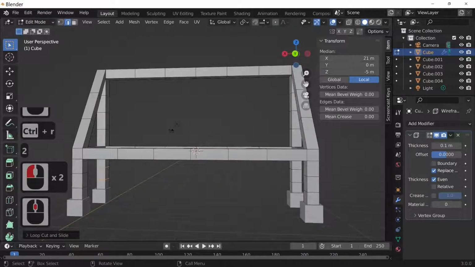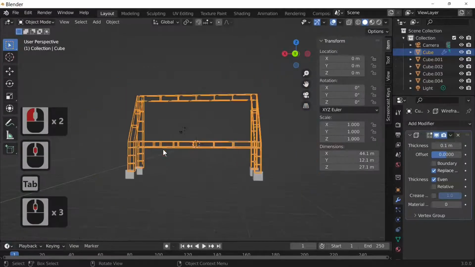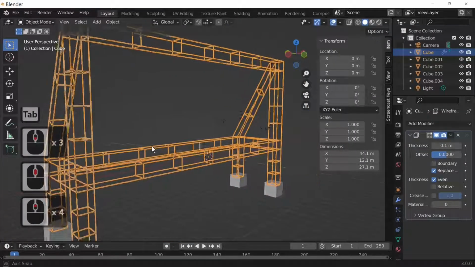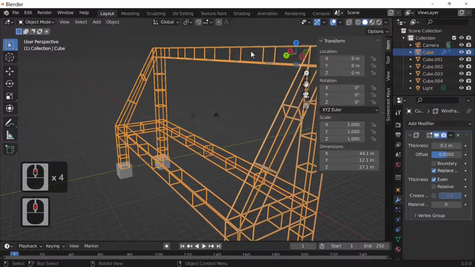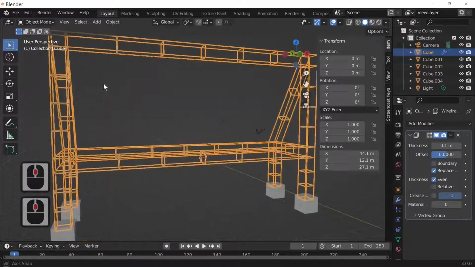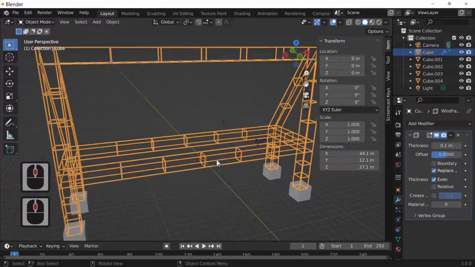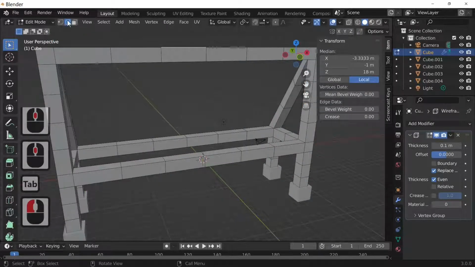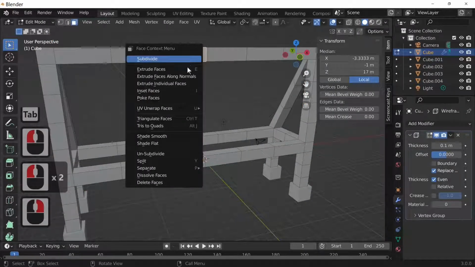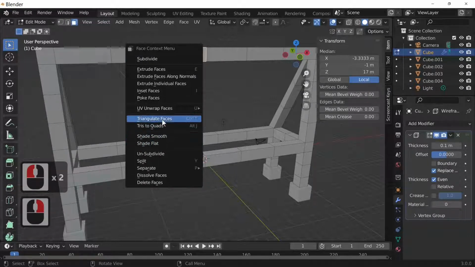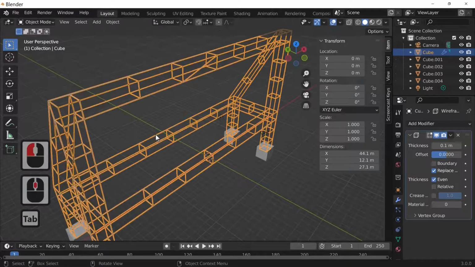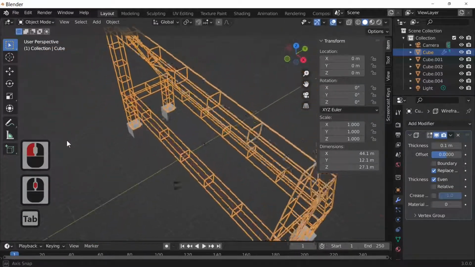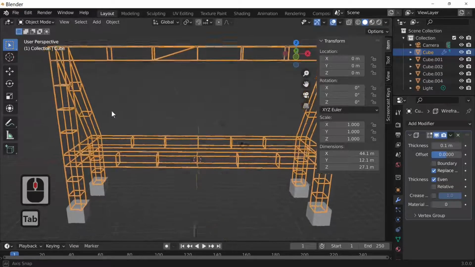So if we now come out of edit mode, as you can see, we've added more detail to this, and it'd still not be very strong because we've got no cross members. Now sometimes you'd maybe want to triangulate things. So if we went onto this face and we right clicked and chose triangulate face, it'd do that and put a cross member in there,